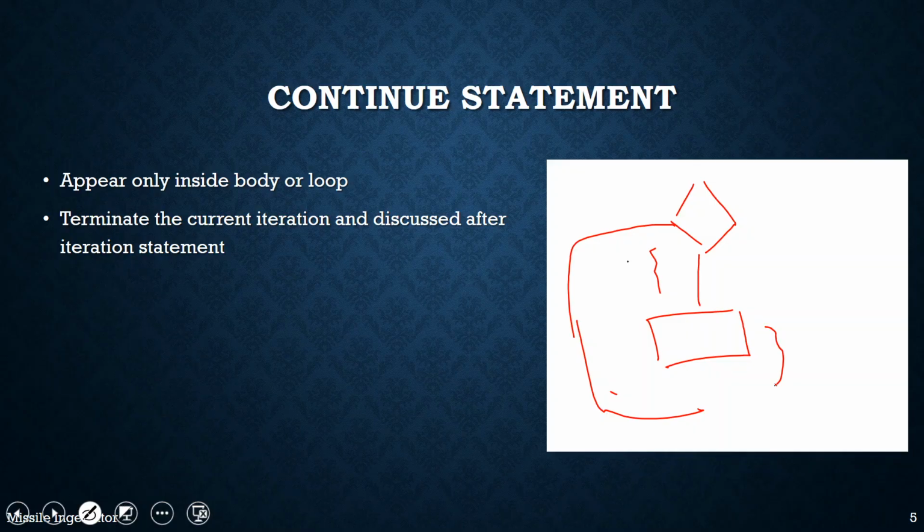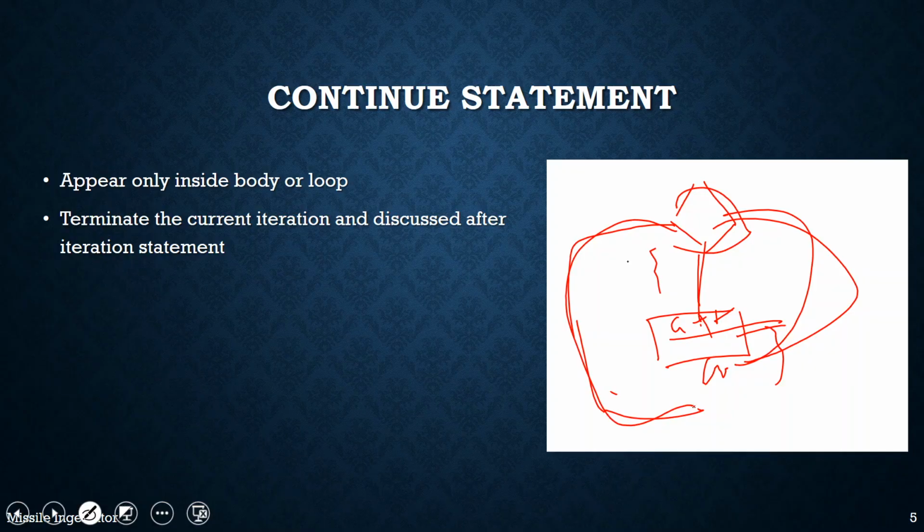But in the case of continue, what it does is this: after the execution code, suppose you have some code like a plus plus. After that, if you give continue, it goes back to the condition again. It checks again whether the condition is true, then it comes here and continues, and the flow continues. If anywhere the condition is false, then it comes out of the loop. So this is how the continue statement works.